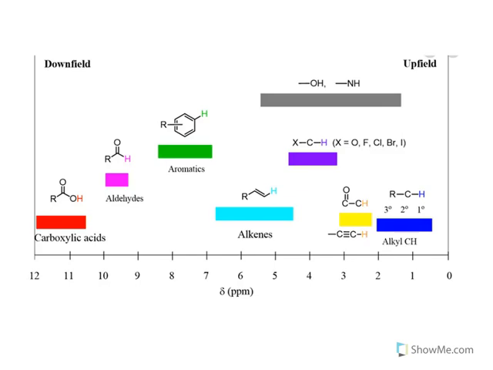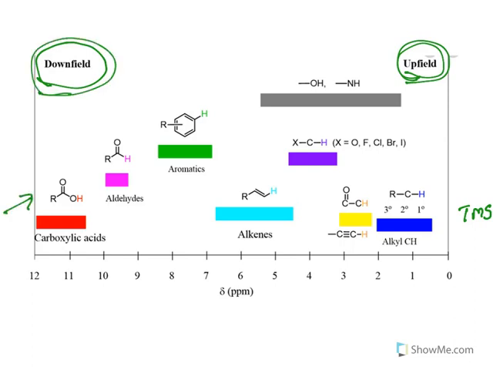Now this is the overall chart. You can see which protons will give signals at upfield and which protons will give signals at downfield. Remember only one thing: at this end you have tetramethylsilane. If the electronic environment is more around the proton, you will get a signal at upfield. If the electrons are taken away by electronegative atoms, you will get a signal at downfield. Look at this carboxylic acid. 2 oxygens are there, all the electrons are pulled away, so this is coming at this end. Similarly aldehydes. Whereas in the case of alkanes, there is no electronic movement. Most of them are very much shielded, so you will get the signal near to tetramethylsilane.